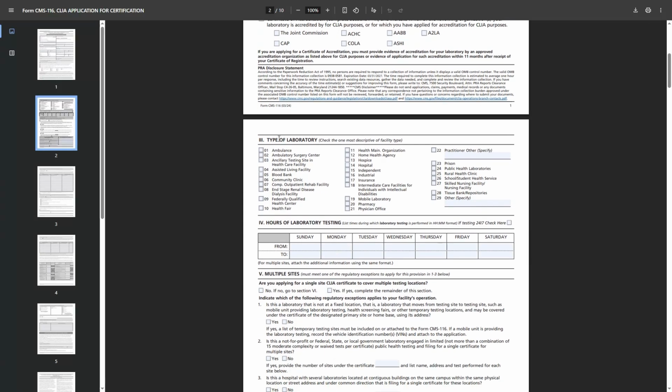Then down here, you have to explain what type of laboratory you are. So check the most descriptive facility type. You have ambulance, ambulatory surgical center, or ASC, ancillary testing site in a healthcare facility, assisted living, blood bank, community clinic. I know you can read, I don't have to go through all of these. And you just kind of go and find what is the best. Most people watching this, I'm guessing, are going to choose physician office, right? You will want to make sure that you are explaining to them exactly where these tests are going to be run. If you don't see something that actually applies to your specific lab, then you can do an other and